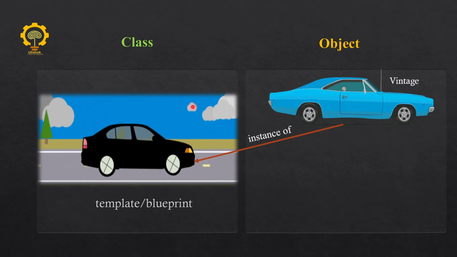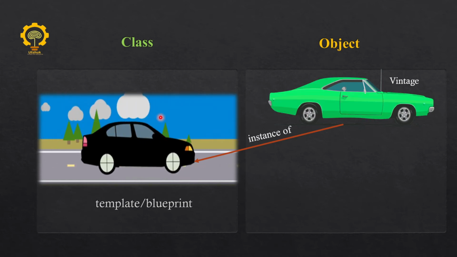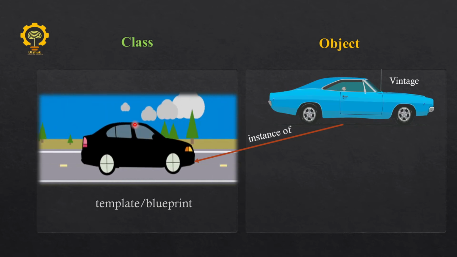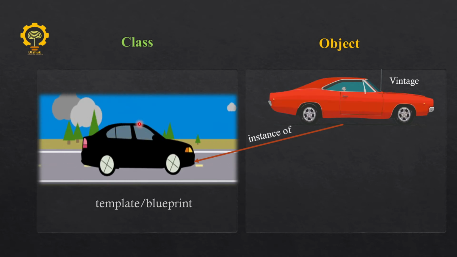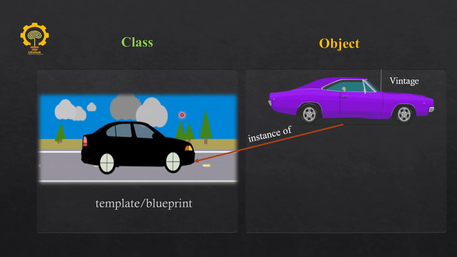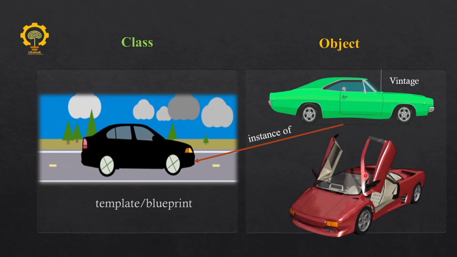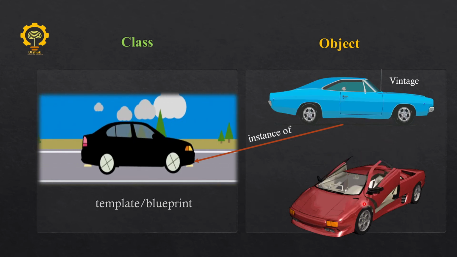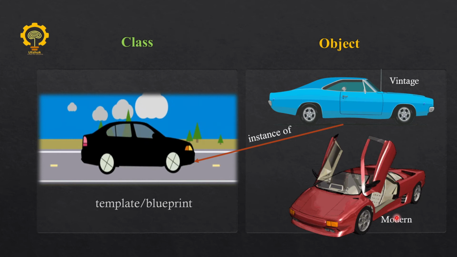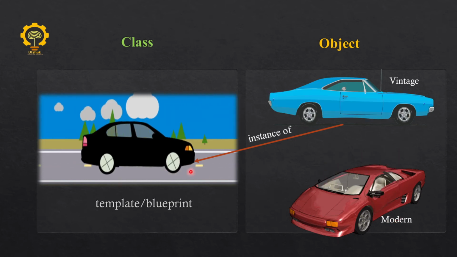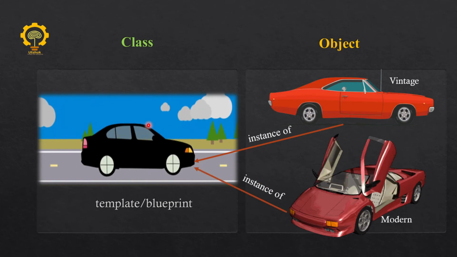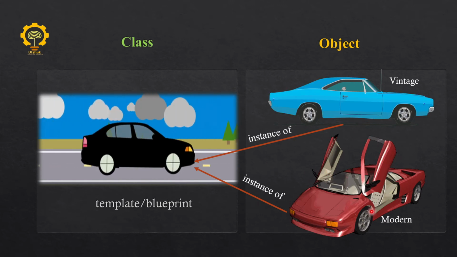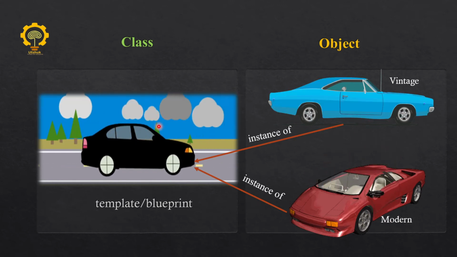By creating an object, we can access the functionality of this class, and using the same class we can create different objects. If you want to design another model of the car and you want the functionality of the same class, you can create another object of the same class and access its functionality. Suppose I want to build a car design with a different shape and model. Suppose this object is called modern. We create the object of this class, and now this object acts as an instance of this class. So by creating the object, we can access the class, and the class is represented as the template or blueprint.